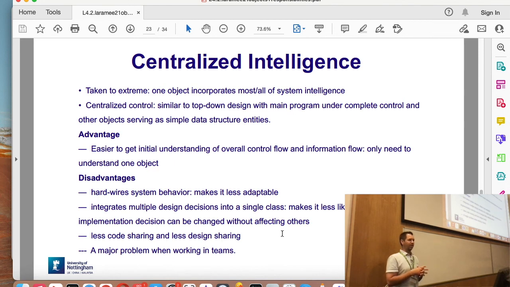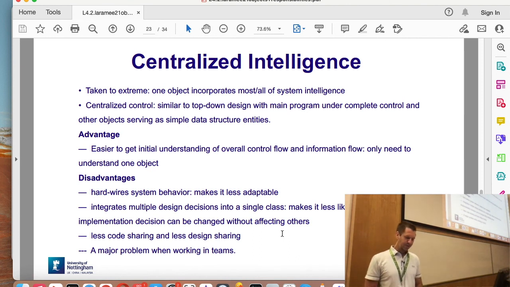You will discover that disadvantage as soon as the coursework is released. Because you download this game, it's got a bunch of different objects, and your job is to try to start understanding it. And it's like, oh wow, how do I do this? How do I figure out the flow of control, how this program works? It's really difficult if you have 1,000 objects, for example.